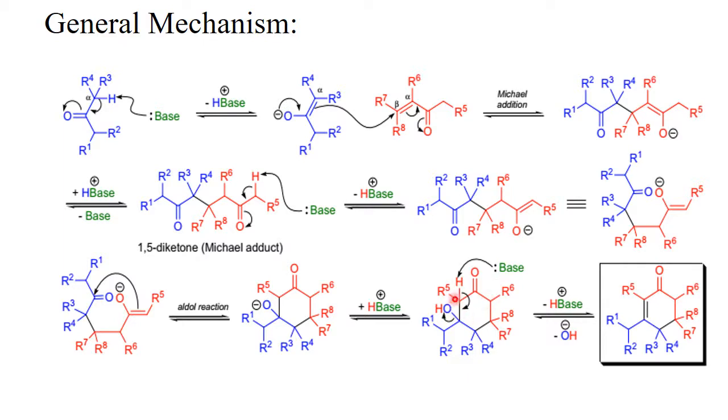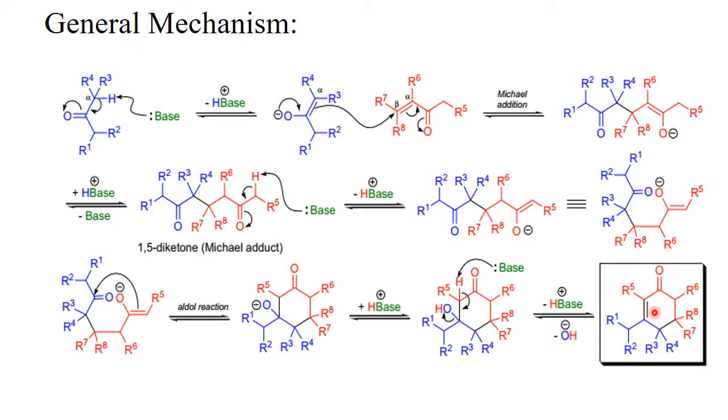One part of this molecule, that is the enolate part, will act as a donor, or we can say it acts as a nucleophile, and the other part that consists of the carbonyl part, which contain a carbonyl carbon, will act as electrophilic center. So the nucleophilic part of the molecule will attack at the electrophilic center of the other part of the same molecule,